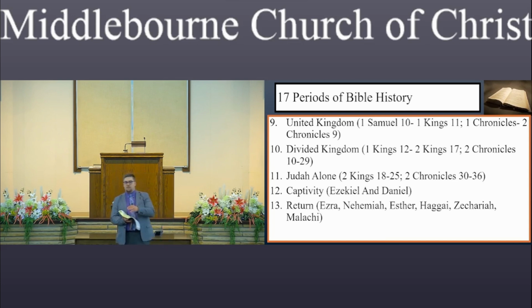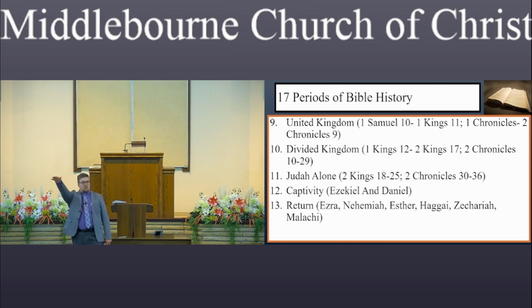Oh, but now we got to jump ahead and read Ruth. Now we got to come back. We're reading Kings and Chronicles simultaneously. And then when we get there, it's like Ezra, Nehemiah, Esther don't exist because we skip them to go to the prophets. We read the prophets, and we get through those, and now we read Ezra, Nehemiah, Esther, Haggai, Zechariah, Malachi together. Why? They're all returned.